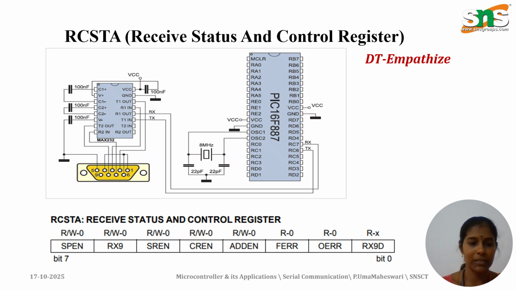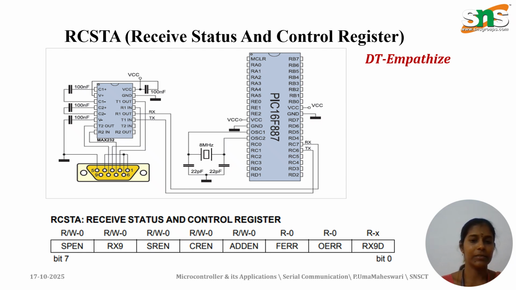Setting this bit to 1 continuously enables the receiver to receive data. Clearing it stops the receiver. The ninth or eighth bit reception is RX9: equal to 1 means it enables ninth bit reception, and if it is 0, it is eight-bit reception. Got it? And the next one is